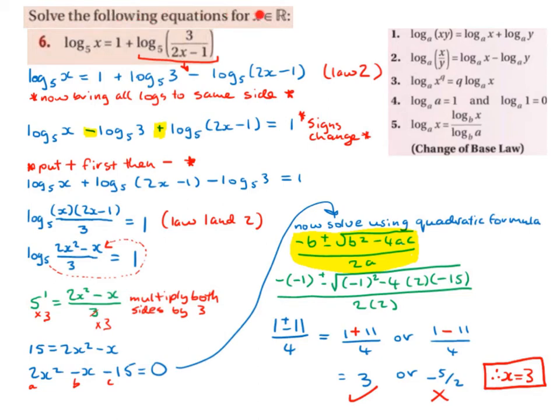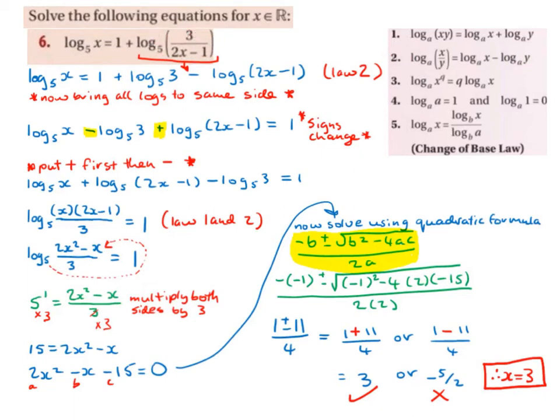Solve the following equations for x as an element of R. Log base 5 of x is equal to 1 plus log base 5 of 3 divided by 2x minus 1. The first thing we're going to do is break down log base 5 of 3 divided by 2x minus 1,